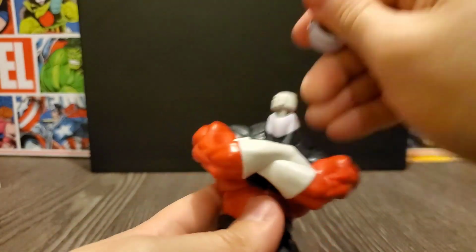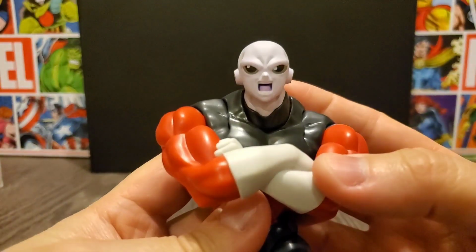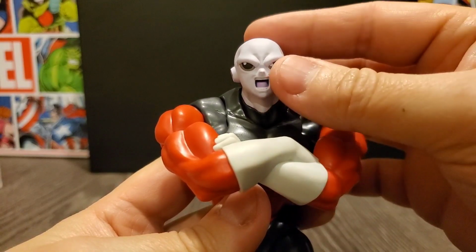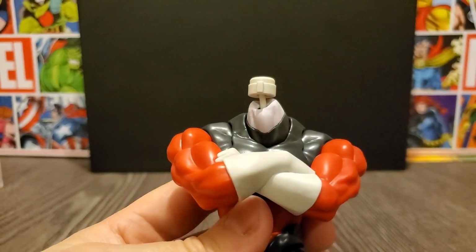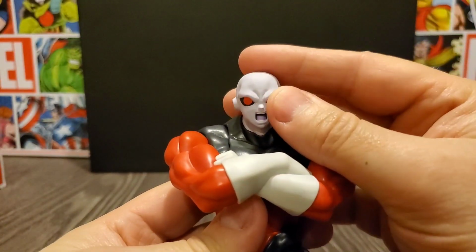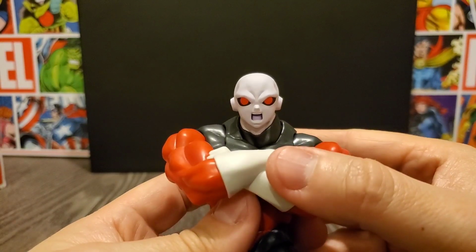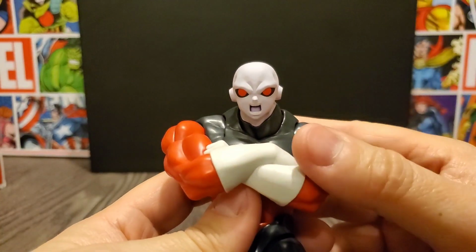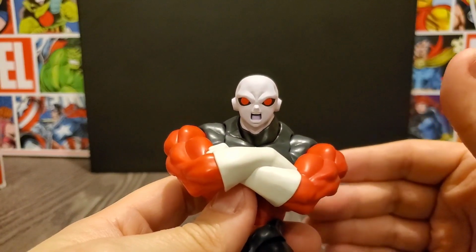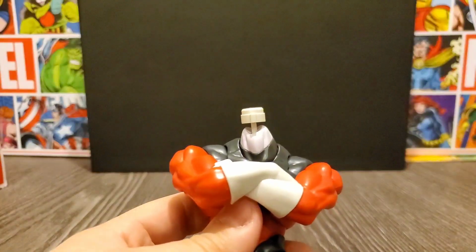Digging that. And then next we will have his screaming face, like he's powering up, ready to do his final attack. And then lastly, we will have the ticked off, getting ready to lose the tournament, freaking out face is what I call this one, with the red eyes. I don't know if I'd use this one too much, because I'd have to really have a good setup to use that face, because it's cool, but looks like it needs to be a big time action pose to use that. So I'm just going to stick with the basic,